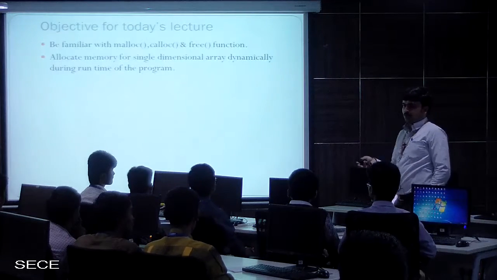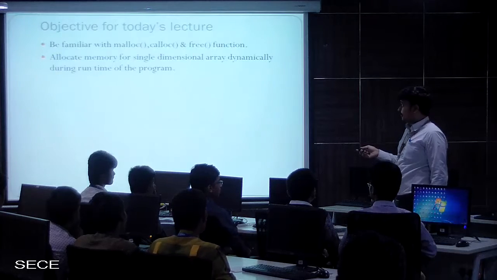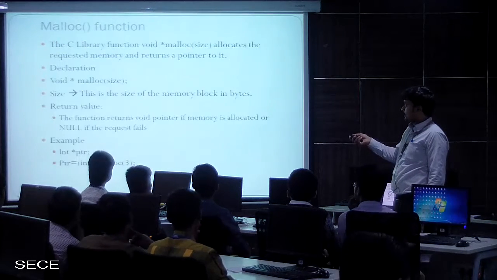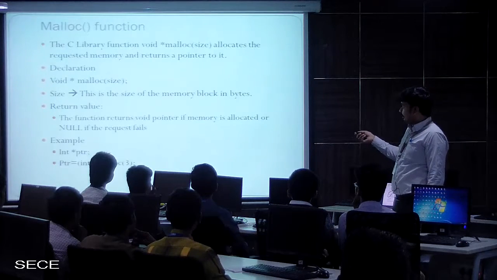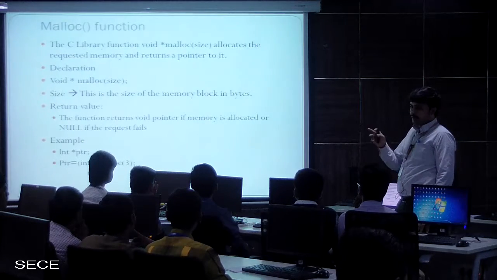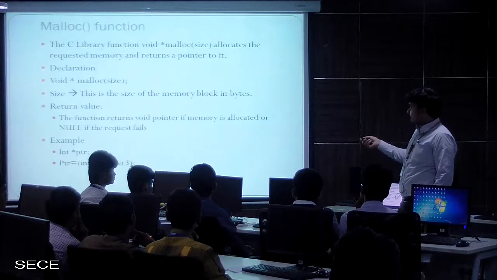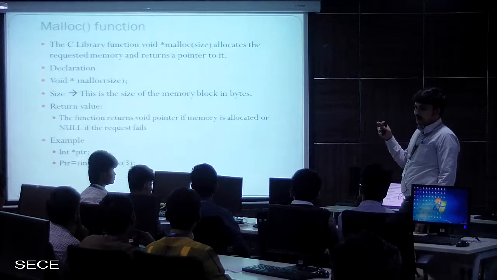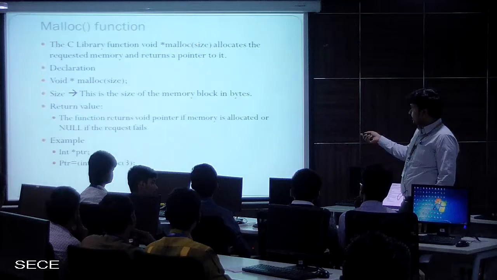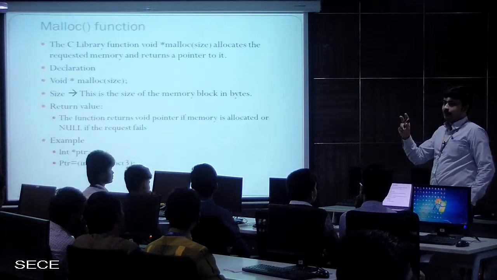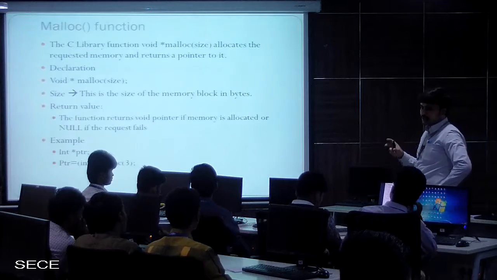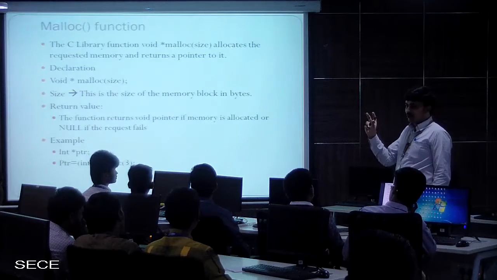Now I am going to show you how to create the memory dynamically. For that I am going to use the C library function malloc. So malloc is a function that is used to create memory during runtime. So what are all the parameters that you require in malloc? You are going to give the size. If you give the size, then it will automatically create the block of memory and